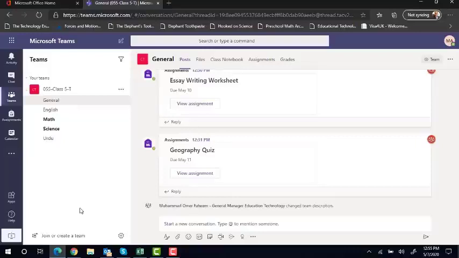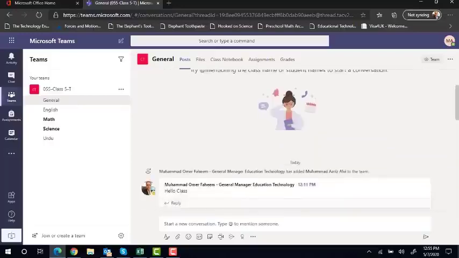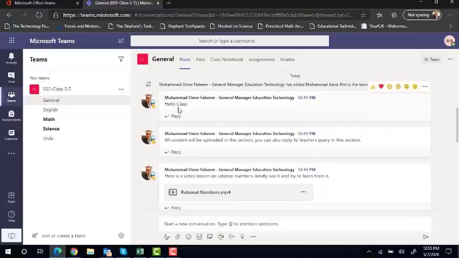Now what happens is, it is very similar to Facebook. Now I am a student of class 5T, my child, so this particular environment is called the LMS environment. I am currently in the post section. If you could see, there is a scroller over here, and I can see different messages sent to me by my teacher. My teacher has sent me hello class.